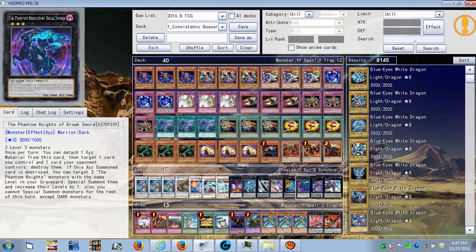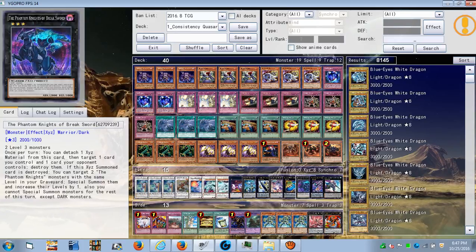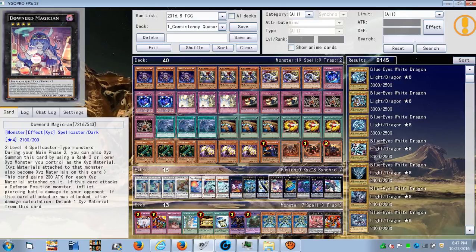The fact that you can obviously do rank 3. We also have Downer Magician, so that's an option right there, where during your main phase 2 you can summon Downer Magician on top of one of your rank 3s, except for Acid Golem obviously. And then now you have a 2100, depending on how many materials it has, it can obviously be stronger. Piercer, and it's a spellcaster. That has some relevance if you have Secret Village as a spellcaster, or any type of spellcaster support